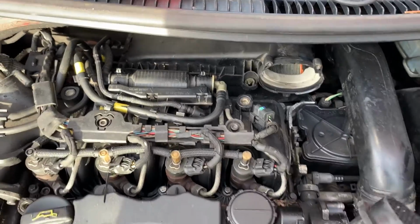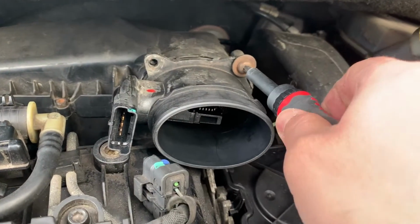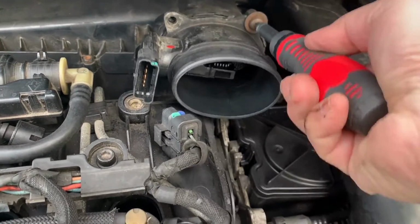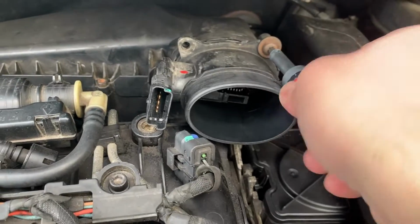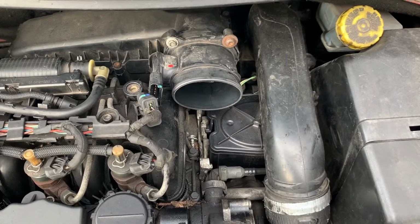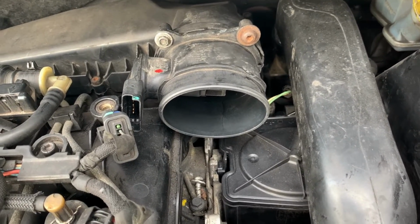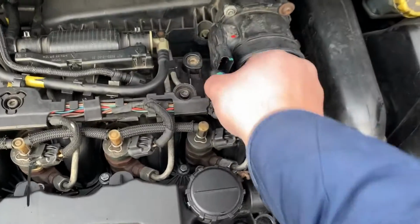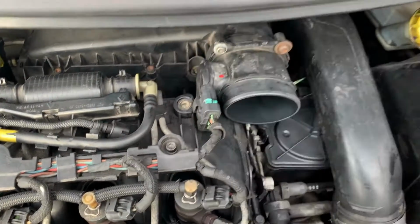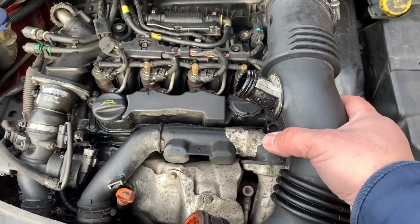So back there, like I said, wait 10 minutes. Then screw it back in. Vice versa, connect everything back again. Put this back,